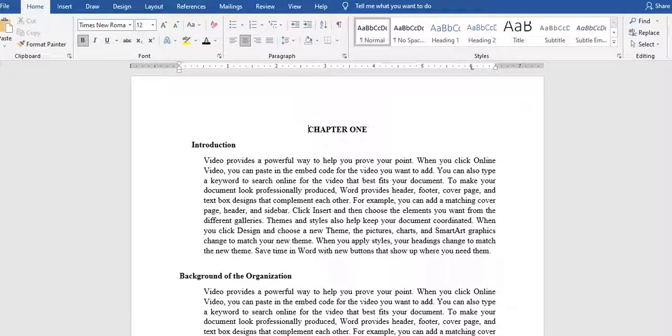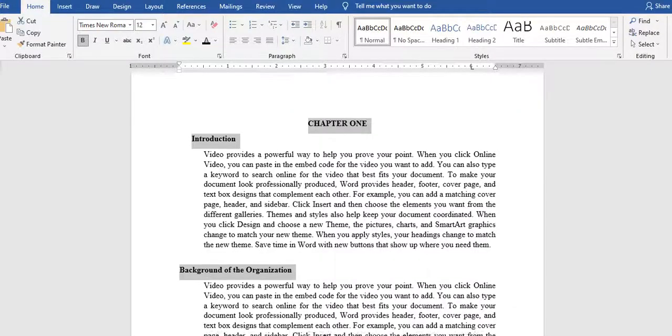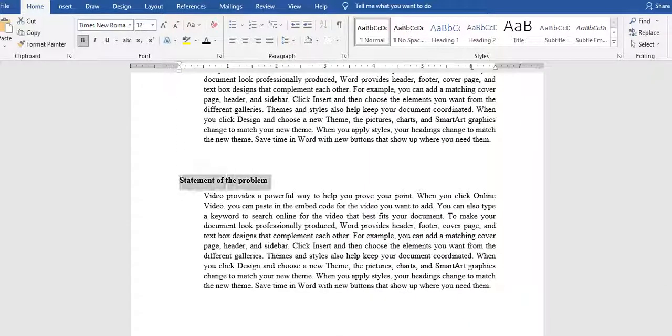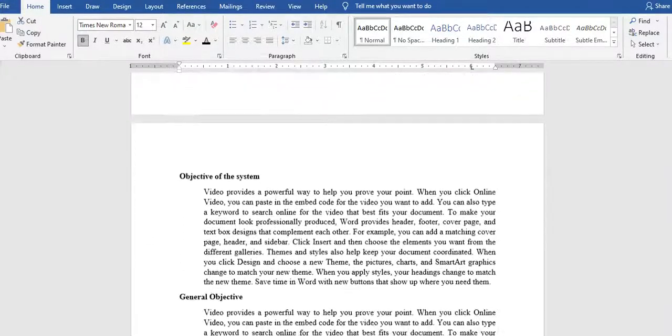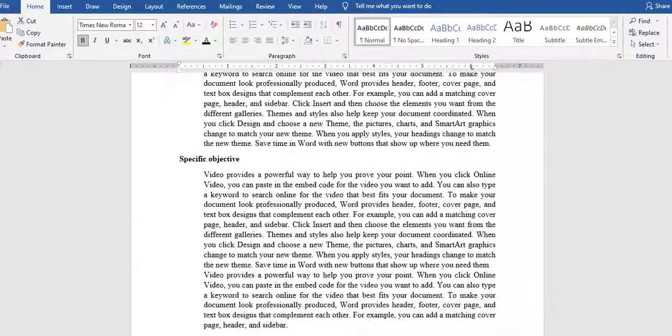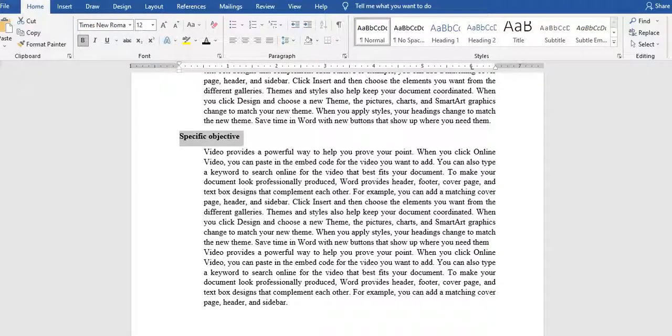What I am going to do is first I have to select the control button from the keyboard. Press the control button and then select chapter 1, introduction, background of the organization. All chapters and subchapters must be selected to give heading and outline number. Let us give them one by one. Objective of the system, general objective, specific objective,